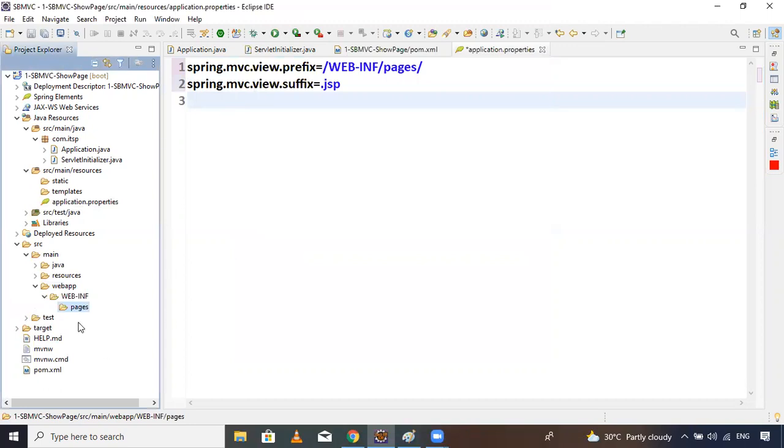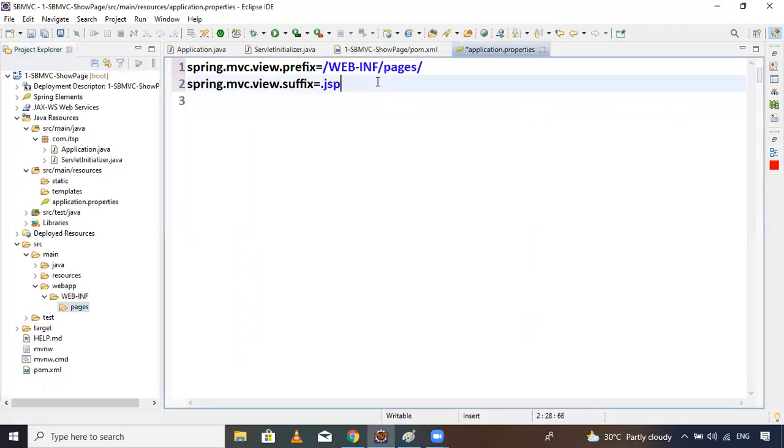Pages. You can pass it out of the package, it's okay, not an issue. But I want to put the pages inside, the JSP pages. All the JSP pages I will create inside the pages folder. Okay. So now after this, it's good. Now, the second thing to remember is